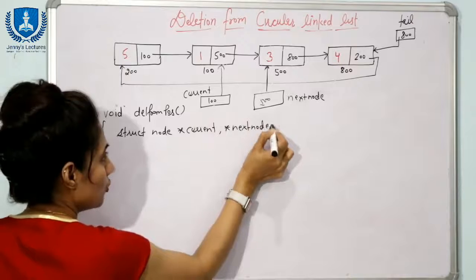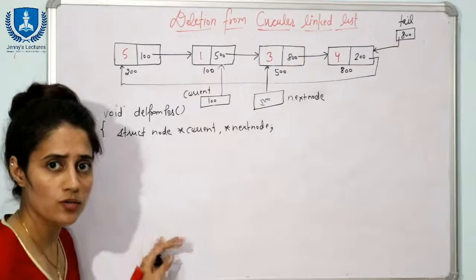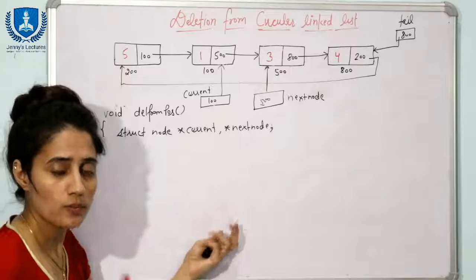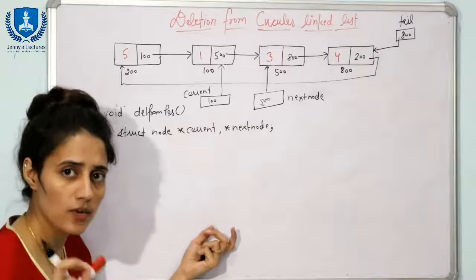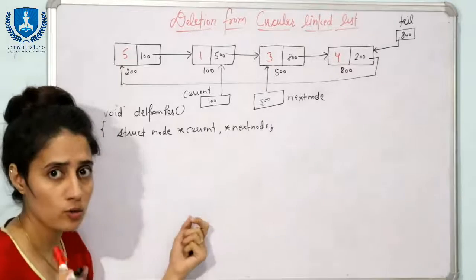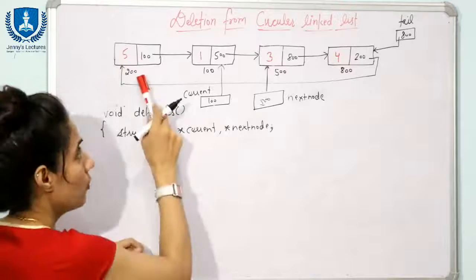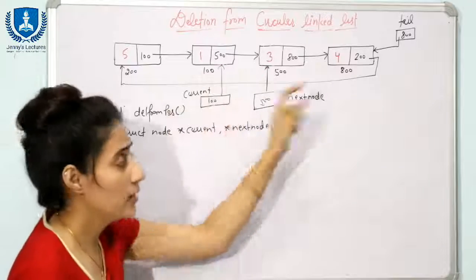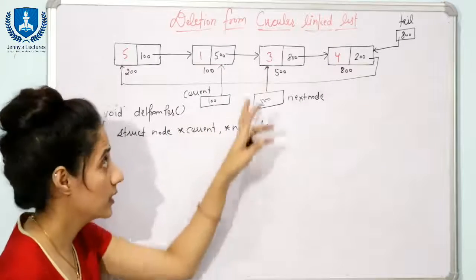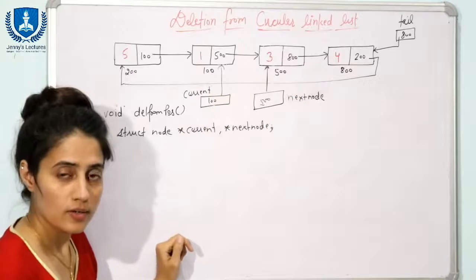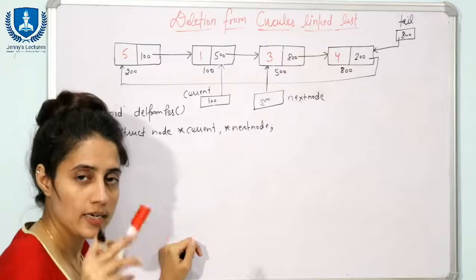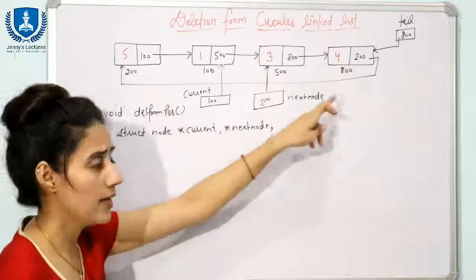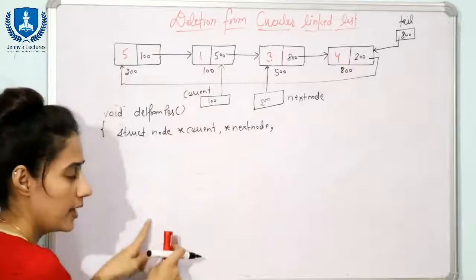And we will also check for the invalid position. Now suppose if position is -1, your program should print a proper message, that is position is invalid. And if position is suppose 10, that is also invalid, because the only valid positions are 1, 2, 3 and 4, right? So for that we need to check the length of the list. How many nodes are there in the list? That is 4, right? So we need to call a function that is getLength, and there we need to write some code in this program only to calculate the length, right? And we will call that function here.